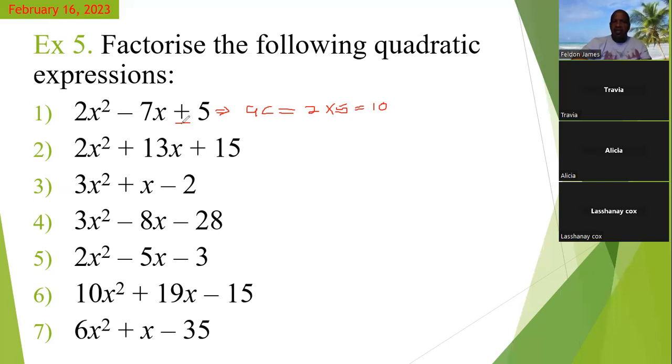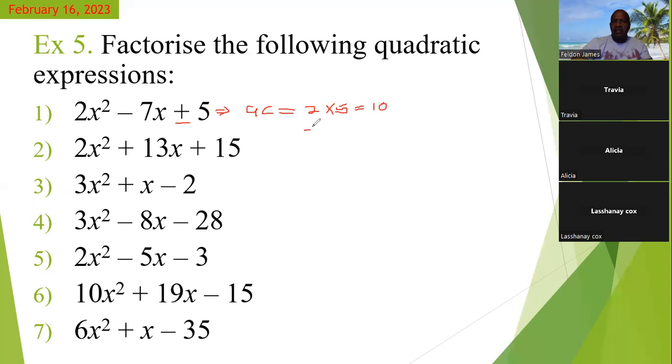Now, to tell what they are in terms of the sign, whether 2 negatives or 2 positive, we simply look at the middle term. So if the middle term is negative, the 2 signs of the factor is going to be negative. So with that said, we would now choose -2,